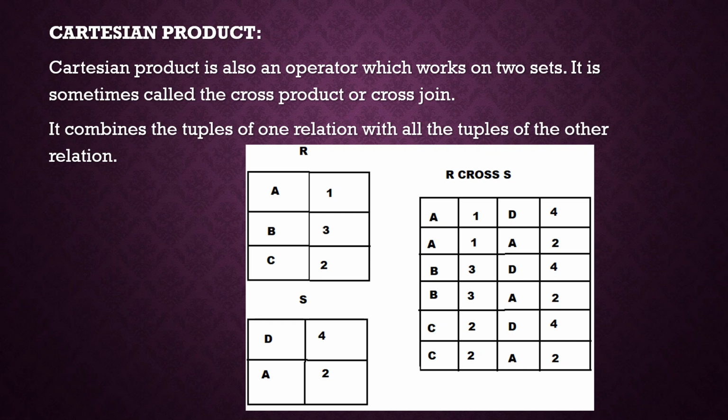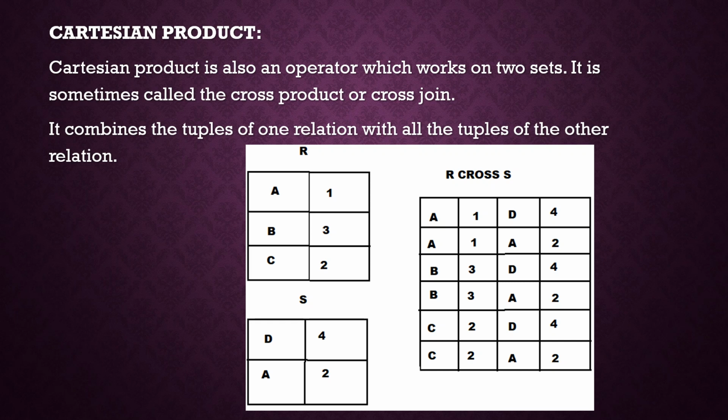Under cross join, we take all the tuples of the first set and combine them with all the tuples of the second set. It combines the tuples of one relation with all the tuples of the other relation. So it is called Cartesian product and it is very important for your examination also. They can ask for 2 marks: what do you mean by Cartesian product? So Cartesian product,